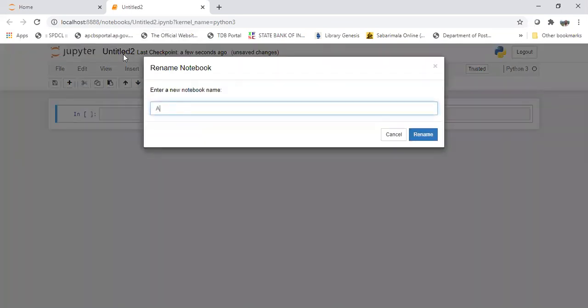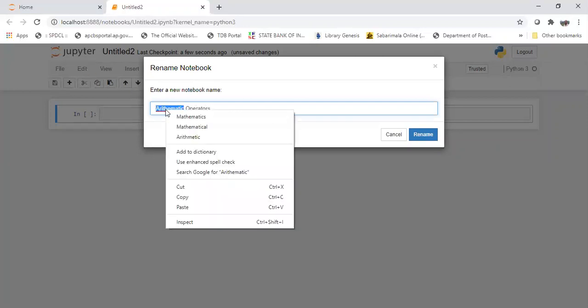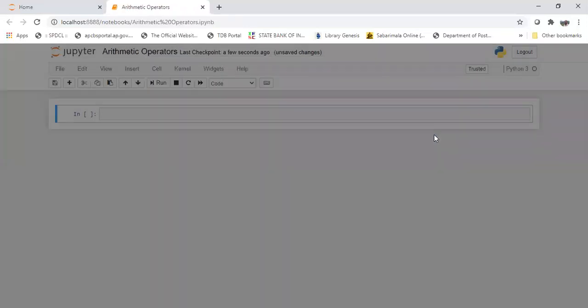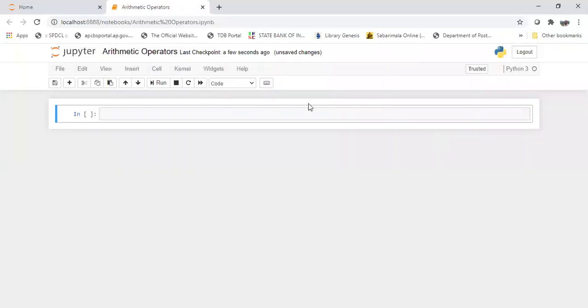I am naming this Arithmetic operators, and you can do the arithmetic operator programs here.